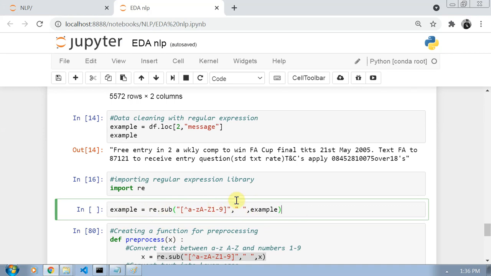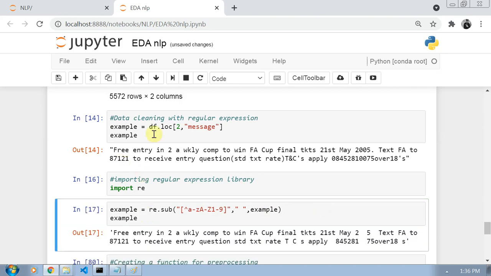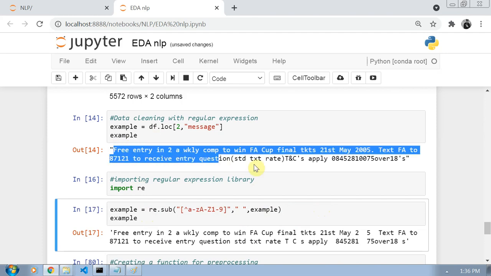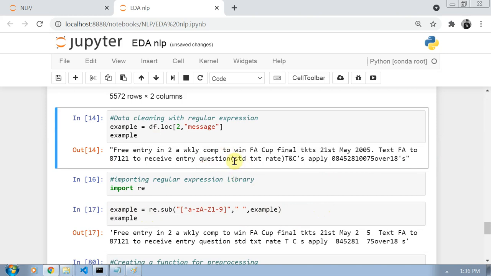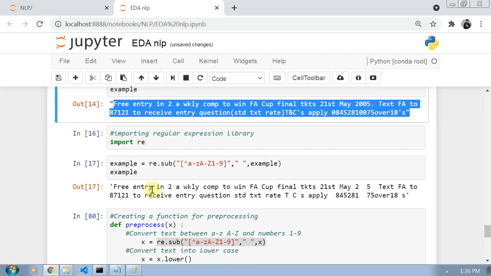Now execute this and see what happened. This is our actual example, and now I have performed this. Now look, you can see here were the braces and the ampersand sign. These are all removed.